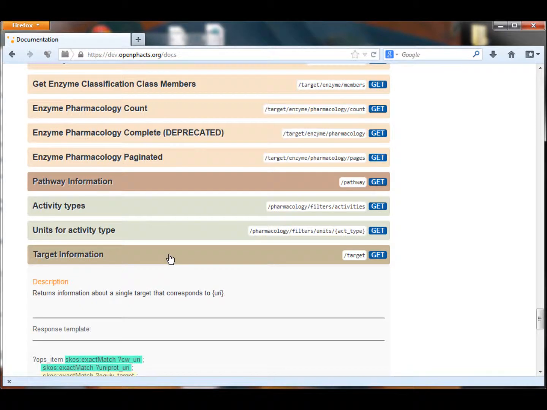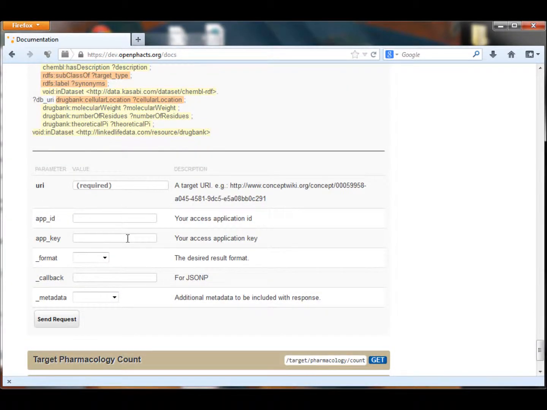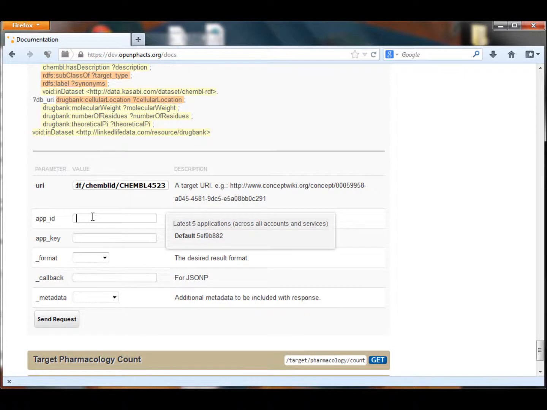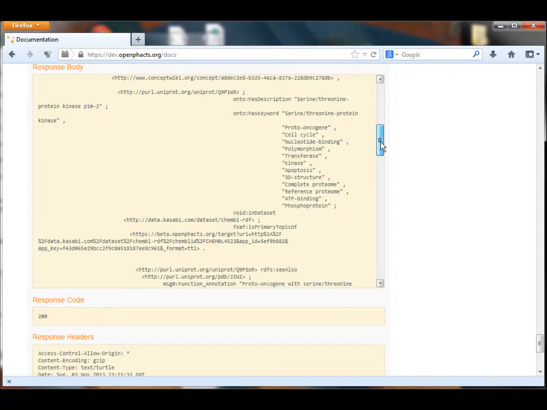And so this is how it works. The results of one call can be pasted into another. So we're going to ask for target information. It works the same way. The documentation tells us all of the parameters for this call. One of them is required. That's a URI. Others are optional. So here's the app ID and key. And again, we're going to ask for our results to come back in Turtle. We'll send the request,